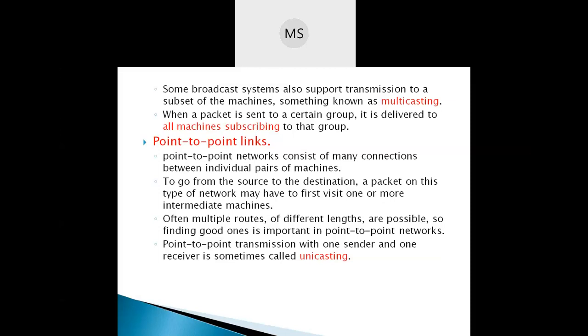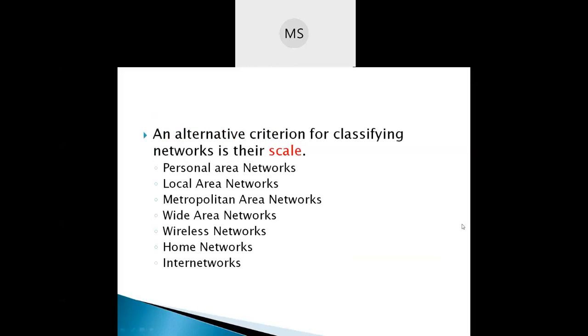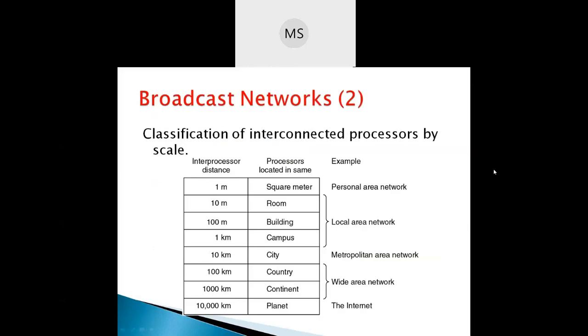Coming to point-to-point networks, there are many connections between the individual pairs of machines. That means there are multiple ways to reach the destination. So to go from the source to the destination, a packet